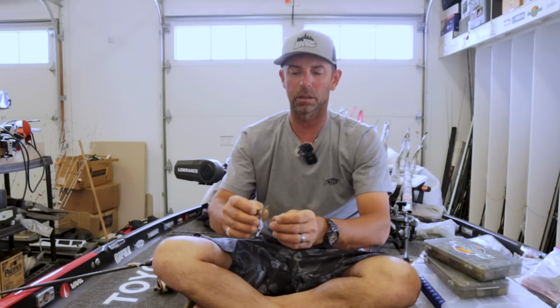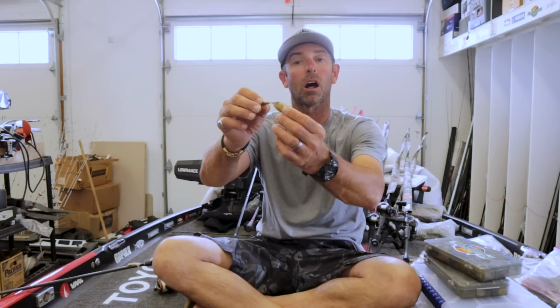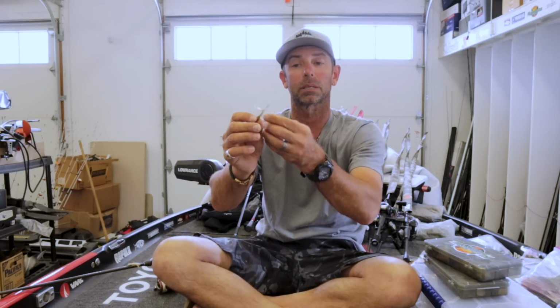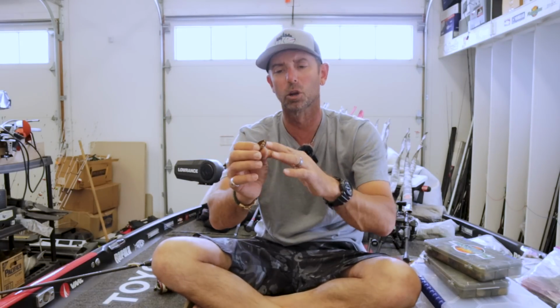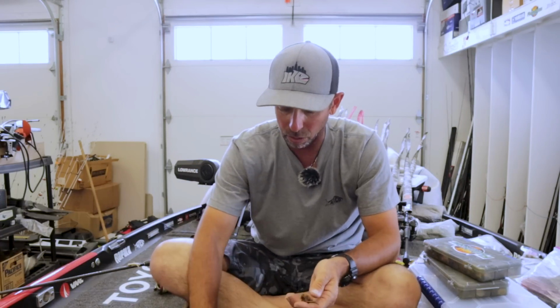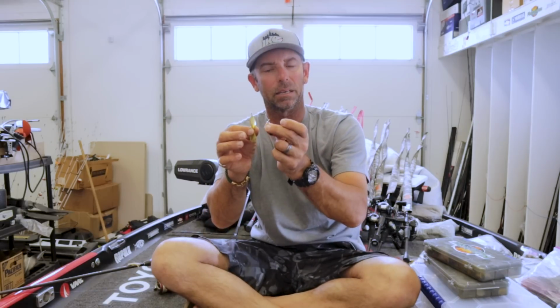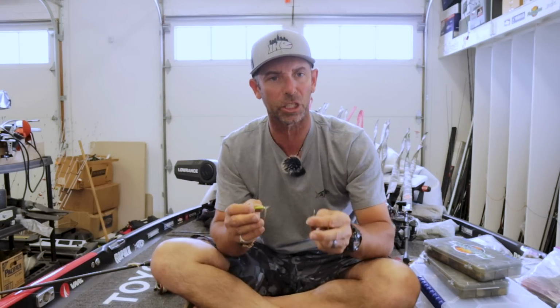And then last but not least, I like to carry some inlines with Colorado blades, with more rounded blades on them. This is a MEPS blade, a little bit bigger, 3/16. Okay? Guys, amazing bait when you're fishing